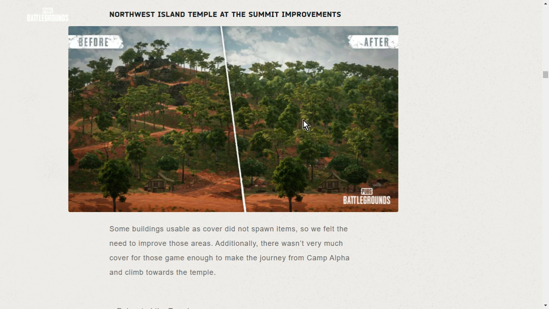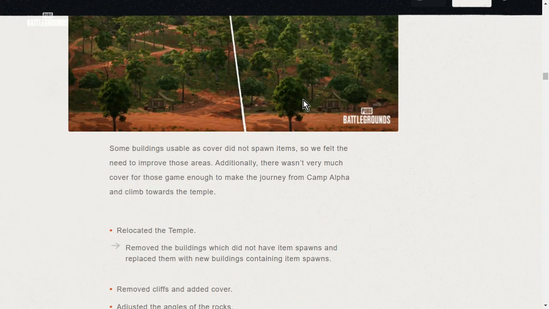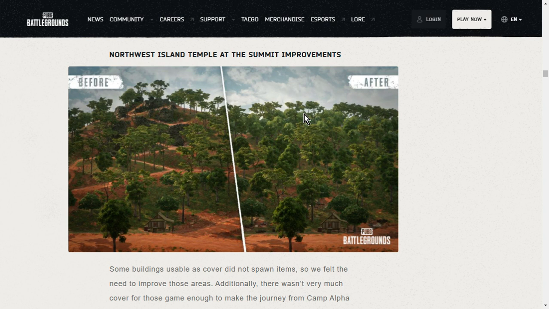I say they're making it easier. Okay, so they've added more trees there as well, haven't they? Interesting. The thing that bothers me about Sanhok, I guess, is I don't like the colour. They've mucked up the saturation. The greens are too light green. They should be darker. And I'm also not a fan of the fact that the rivers are not as wide